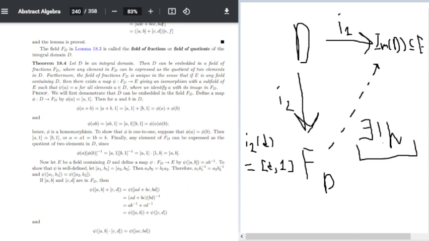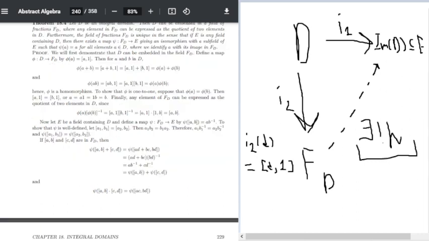To show that phi is 1-to-1, suppose that phi of A is equal to phi of B. Then A1 equals B1, or A equals A1 equals 1B equals B. Finally, any element of FD can be expressed as the quotient of two elements in D, since phi of A, phi of B to the negative 1, is equal to A1 B1 to the negative 1 equals A1 1B equals A/B. Now, let E be a field containing D, and define a map psi from FD to E by